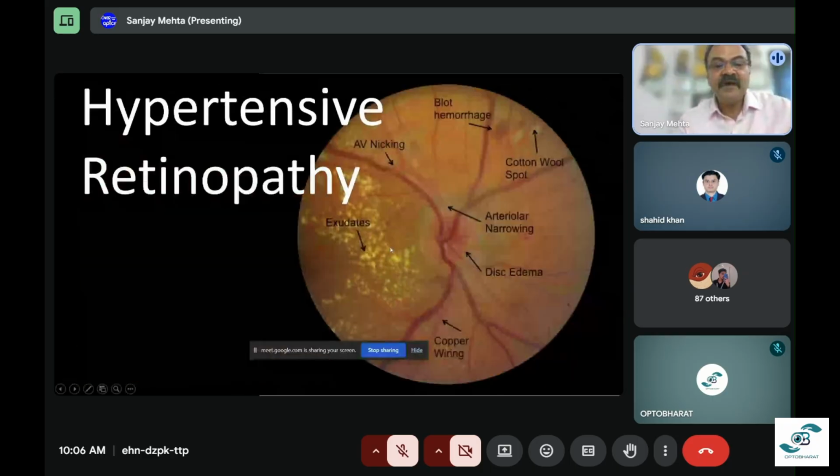And in general, these are the features of any hypertensive retinopathy. Now,